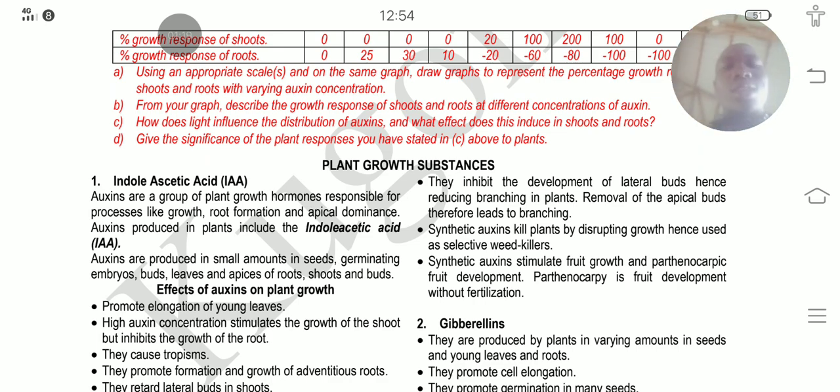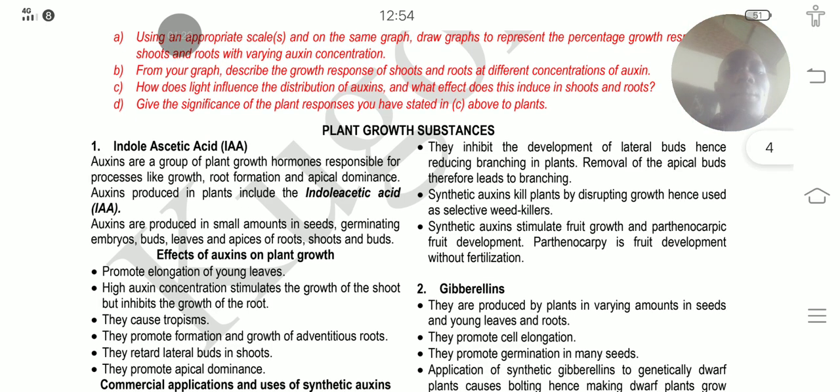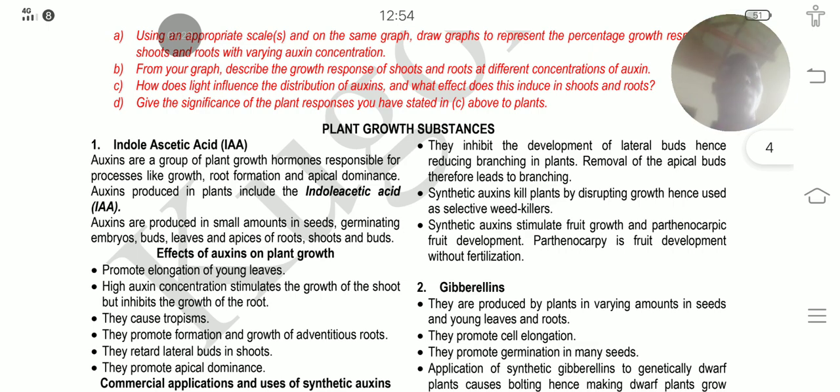Auxins are a group of plant growth hormones responsible for processes like growth, formation of roots, and apical dominance. Auxins produced in plants include indoleacetic acid. Auxins are produced in small amounts in seeds, germinating embryos, buds, leaves, and tips of roots and shoots. Effects of auxins on growth: